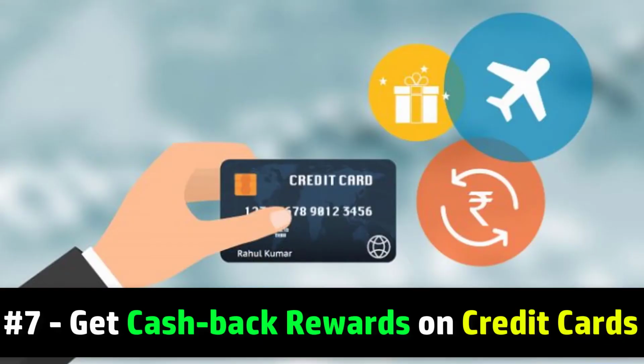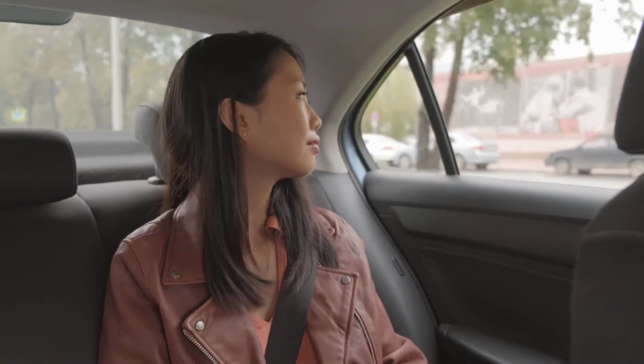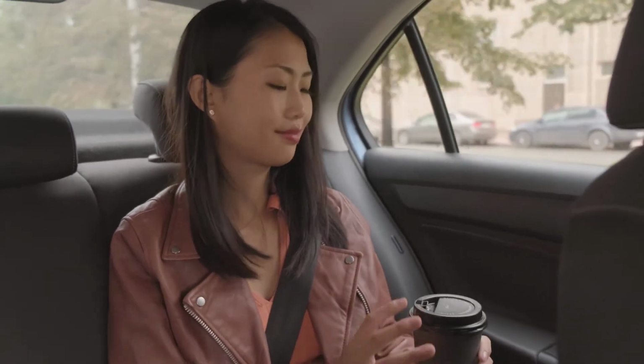7. Get cash back rewards on credit cards. There are credit cards that provide cash back rewards ranging anywhere from 1% to 5% of the amount purchased. You're going to be out shopping and buying anyway, right? Rewards will give you an opportunity to earn some passive income in the form of reduced costs from doing what